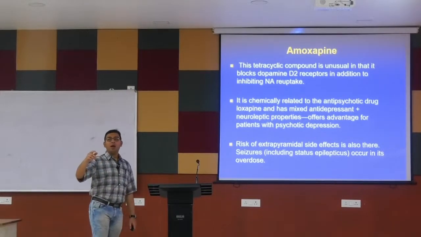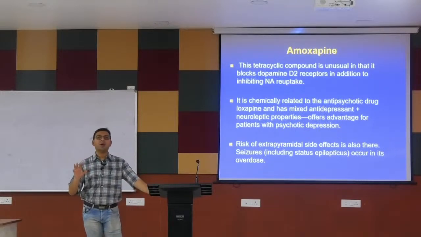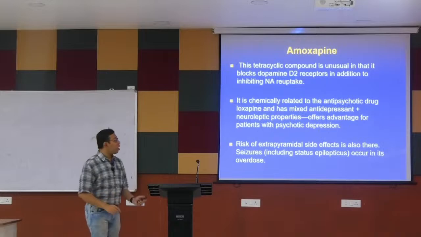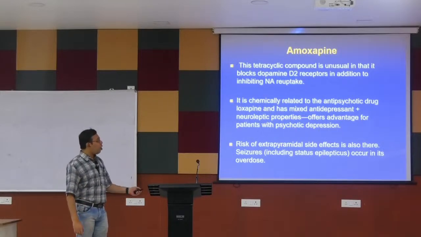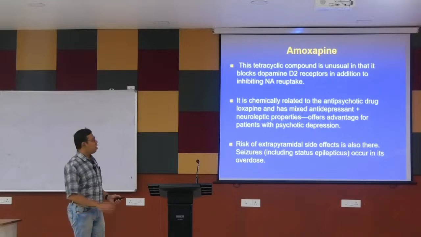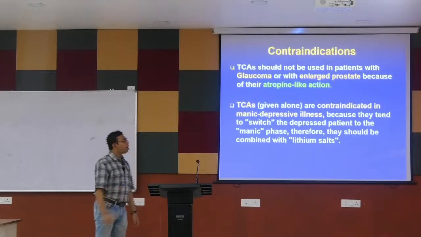When we read about the antipsychotic drugs, we will see that the extrapyramidal side effect is the most common side effect of the typical antipsychotic drugs. Since they have some neuroleptic property like antipsychotic property, they also have extrapyramidal side effects. Details are not required, just remember the name and their dopamine blocking action.